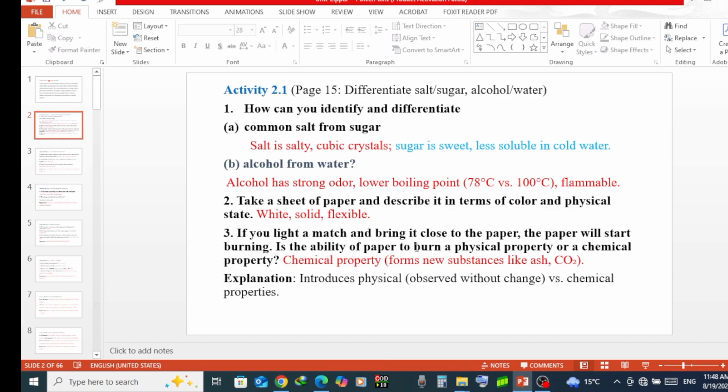Is the ability of paper to burn a physical property or a chemical property? ቅድም ያለው ጥያቄ ነው።